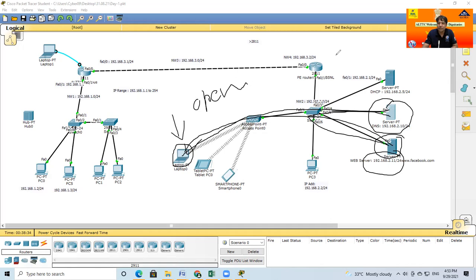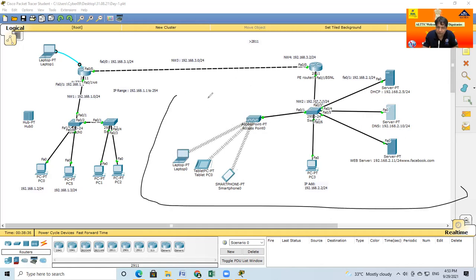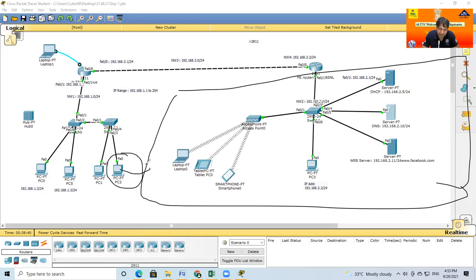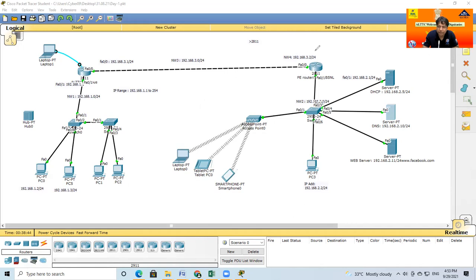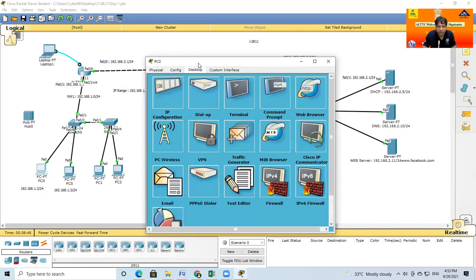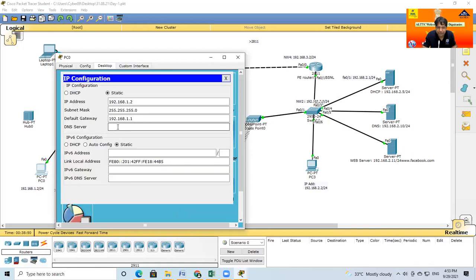The DNS server need not be only in the local network; it may be in another network as well. On PC0, the last line is the DNS server.